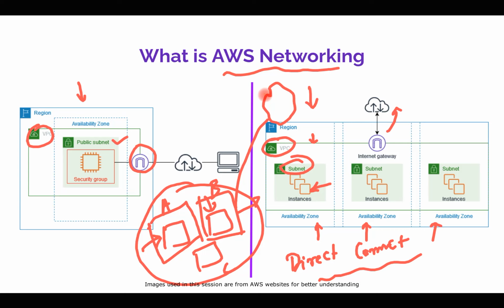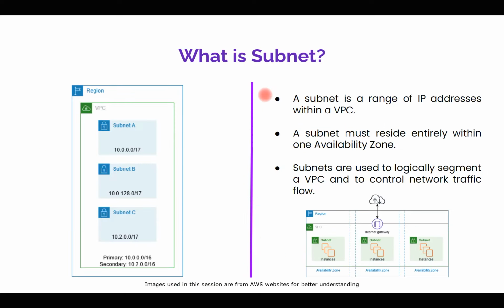So now you understand what AWS networking is, why it is required, and what the key components required are. Everywhere you talk about AWS networking, these come into the picture. So you will discuss subnets, VPC, and gateways. These are all the key components required to build our networking part within AWS. Now let's talk about and understand